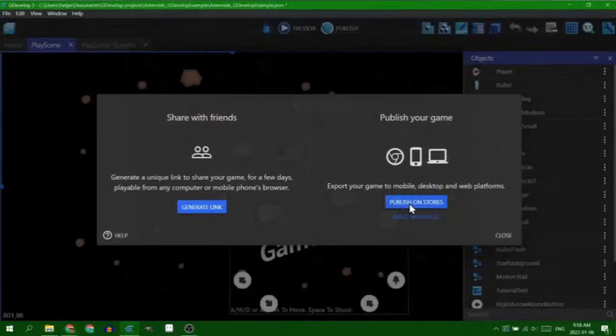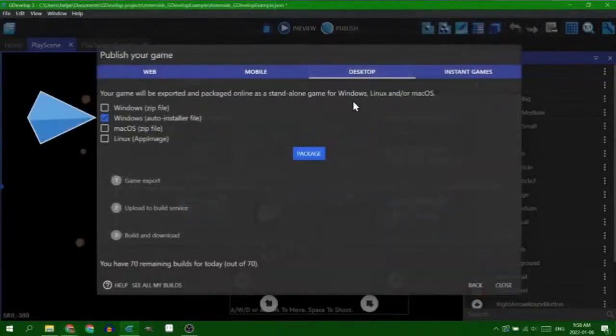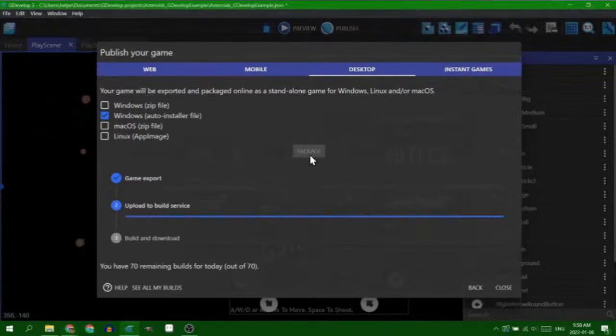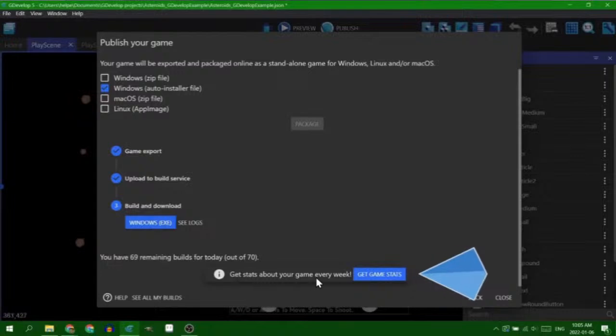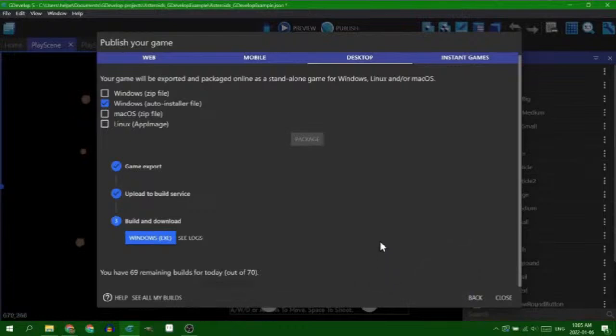So we go to exports, publish to store, make sure that Windows auto installer file is selected, and then just click package. And then you just wait. You'll get this notification here down at the bottom. And if you click that button, you'll get a periodic email that gives you some stats about your game. And if you just click that Windows button there, it will download to your download folder,